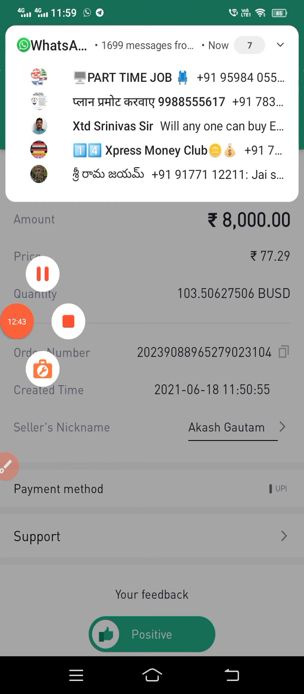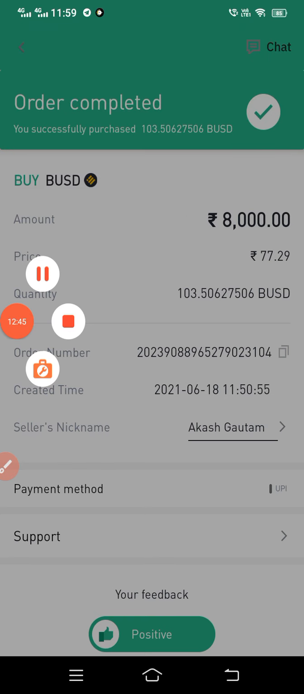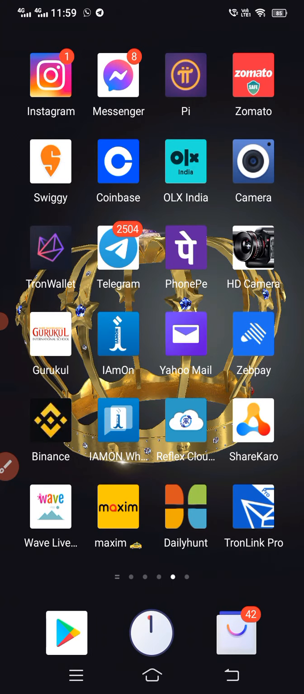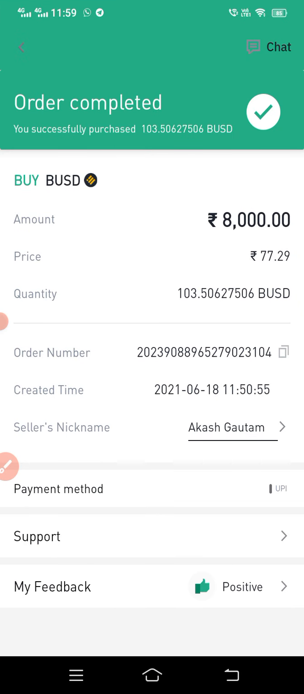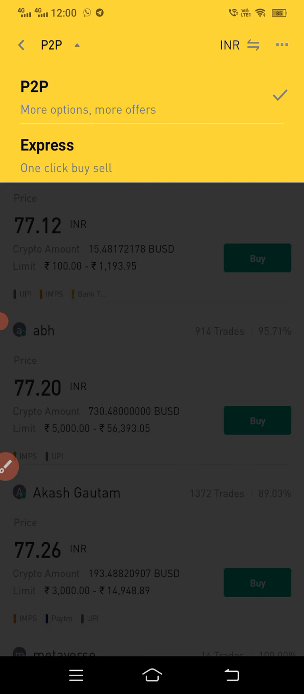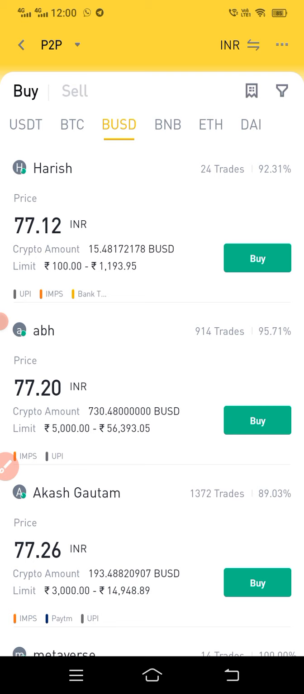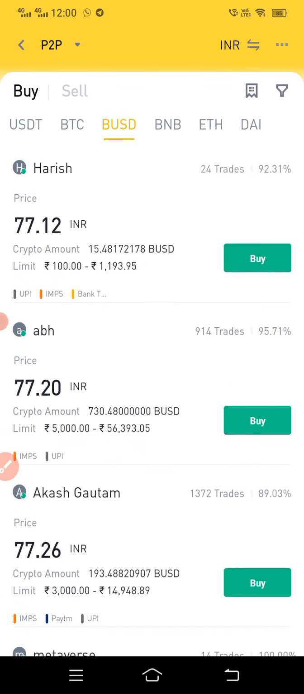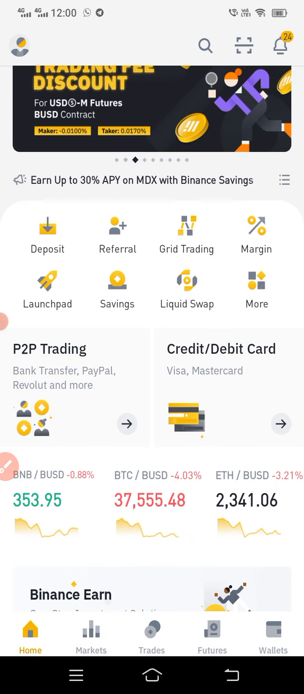So this is a procedure. What happens next, I'll show you. This I purchased, none works. Then what? That is what is very important now. When I go to Binance, I'll go back. So here in P2P, I'll click on BUSD. Let me go back a little. Now you see